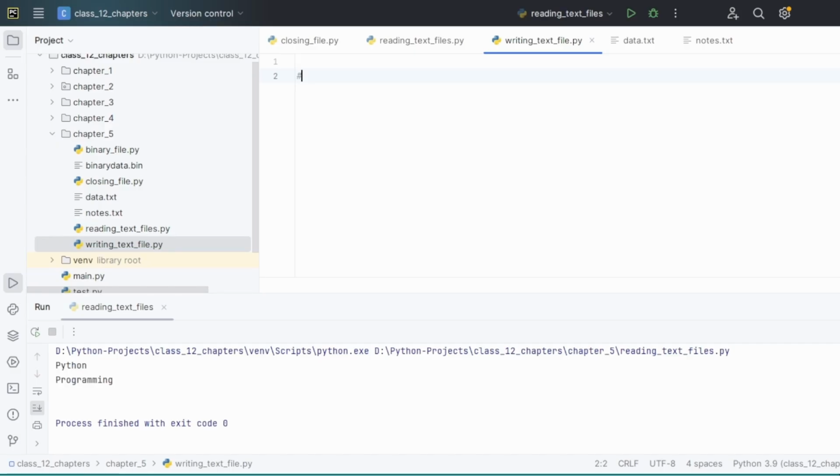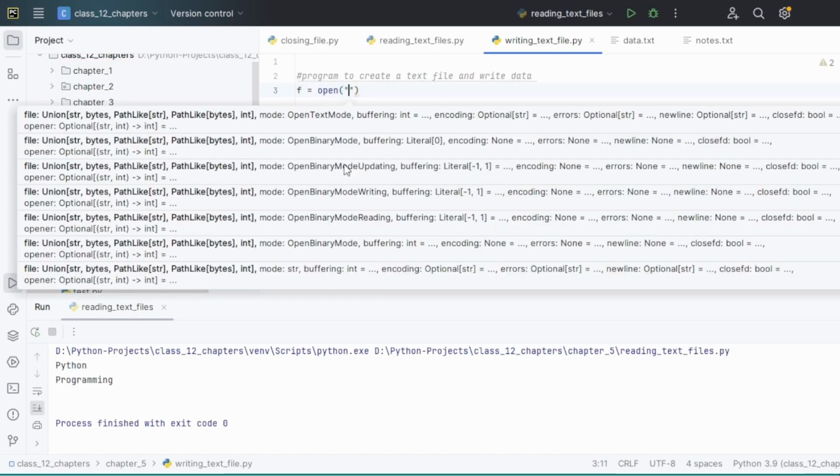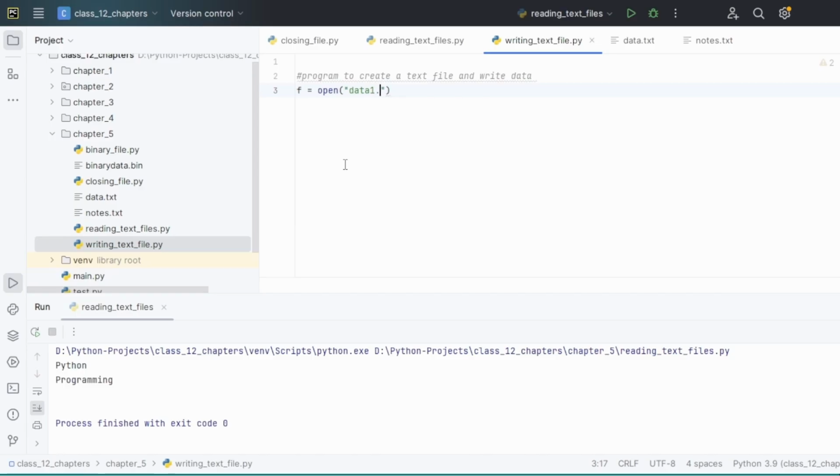Okay, so we'll start with a program to create a text file and write data. Okay, so this has been asked repeatedly from 2016 to 2024. Okay, we'll see how it's done. So we'll open a file, open, let's say I say data1.txt, and we are opening it in write mode, and then I'll write data f.write Python file handling